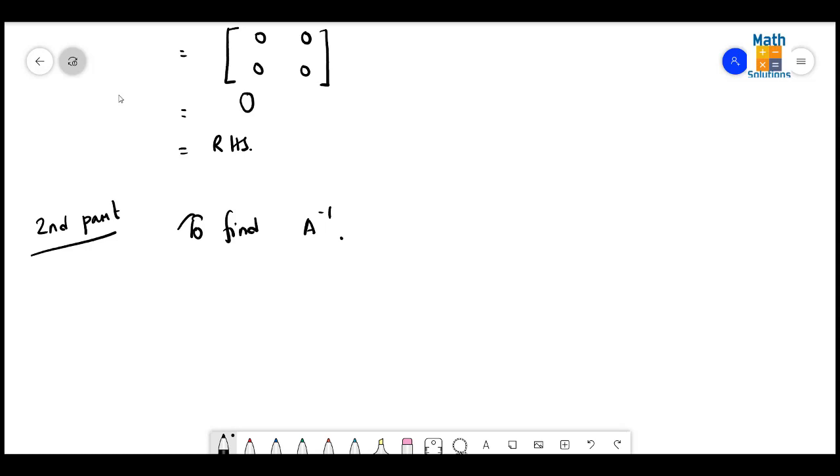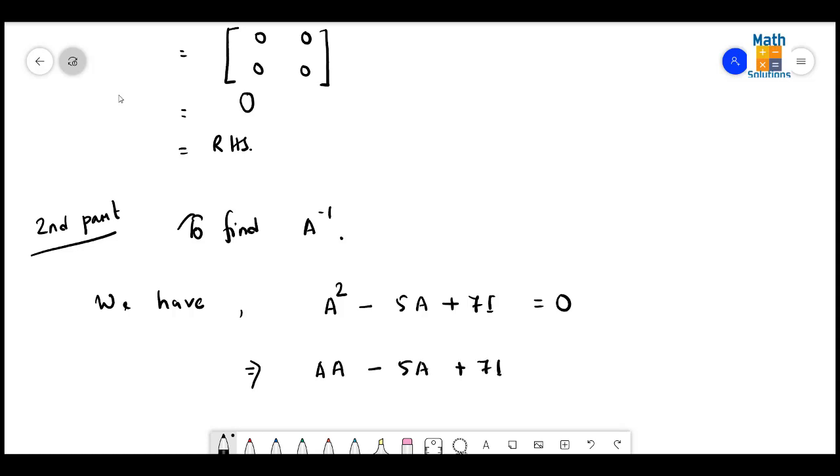That is what we already have, and we have already proved that A square minus 5A plus 7I is equal to null matrix. So what do I do here? For finding out A inverse, we can do one thing. On both the sides, if I split it up, I get A into A minus 5A plus 7I is equal